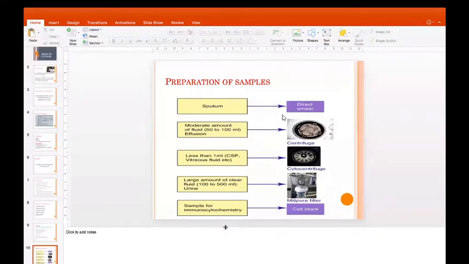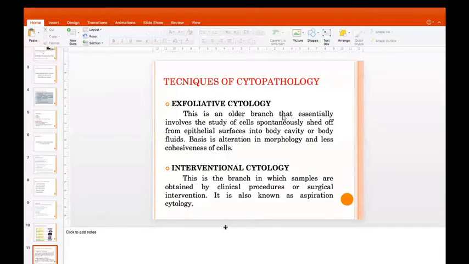Now, what is the technique of cytopathology? Exfoliative cytopathology is an older branch that essentially involves the study of cells spontaneously shed off from epithelial surfaces into body cavities or body fluids. The basis is alteration in morphology and less cohesiveness of the cells. Interventional cytology is a branch in which the samples are obtained by clinical procedures or surgical intervention.